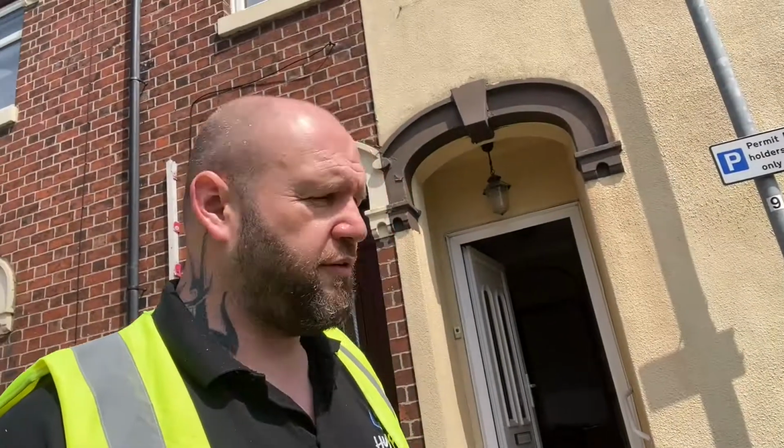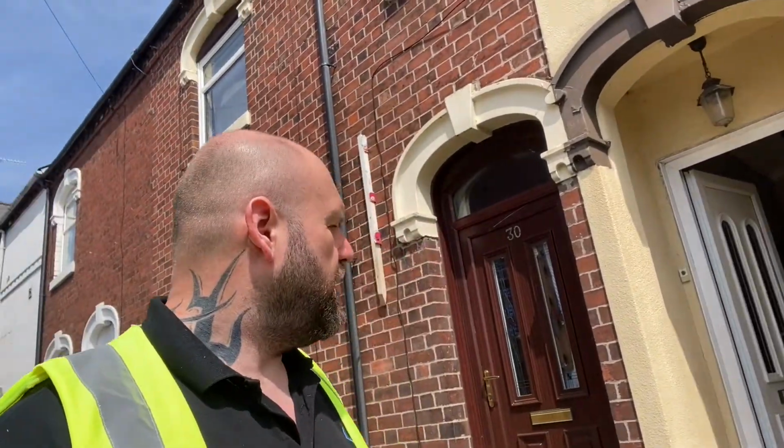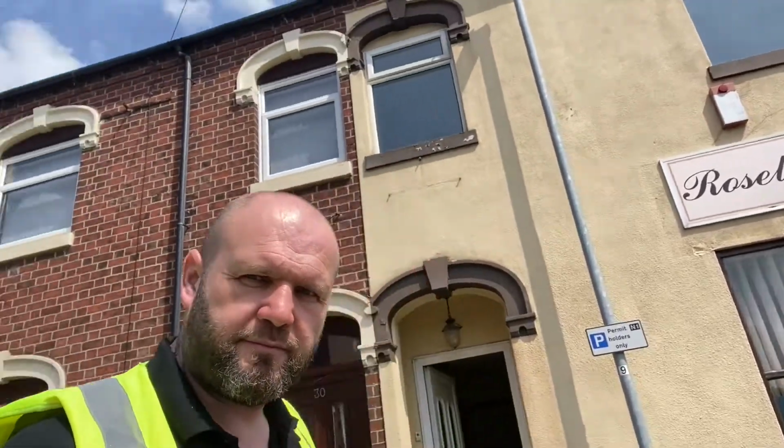This is actually one of the first times I've been to the property, so I'm going to look at some things and see if you can go along with me, folks. So these are the things a typical builder looks at. So it all looks rather innocent from the front. However,